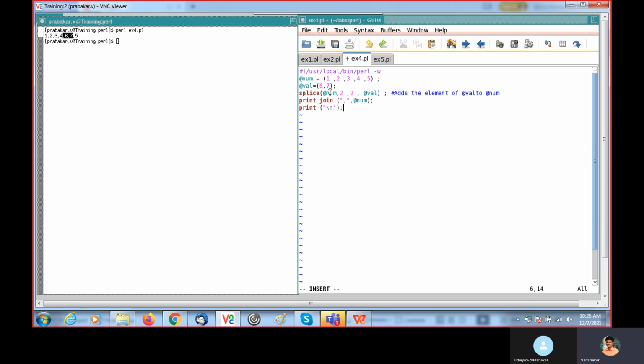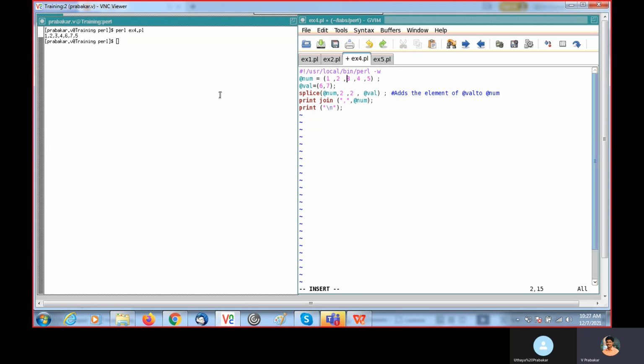Now if I mention 2 here, and here also if I mention 2, what it means is in this array position 2, index 2, which is 3: this is 0, this is 1, this is 2. So I am going to insert the given array @val at this second position, and if I mention 2, I'm going to replace these 2 elements with the existing 2 elements.